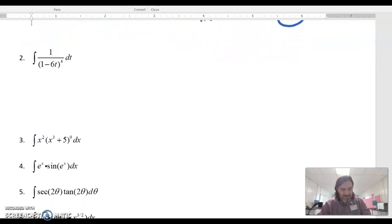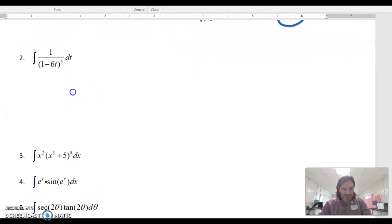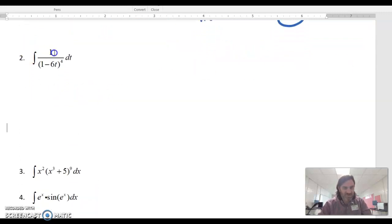Okay, the next problem here, number 2, is the integration of 1 over the quantity 1 minus 6t all to the 4th dt. So let's look at that. I don't know that we have to rewrite it, but I will because I don't really care for the exponent on the bottom, so I'll bring it up as 1 minus 6t to the -4 dt. And if that's the case,